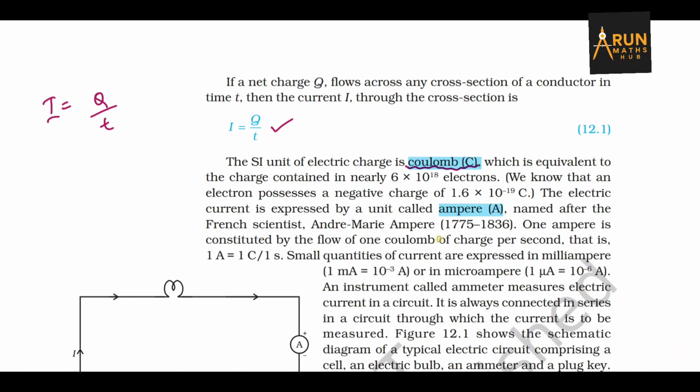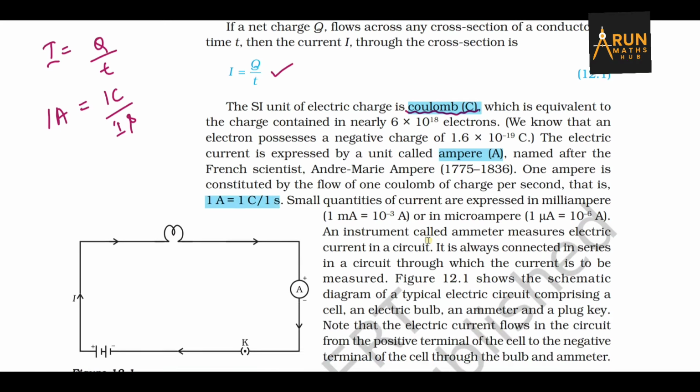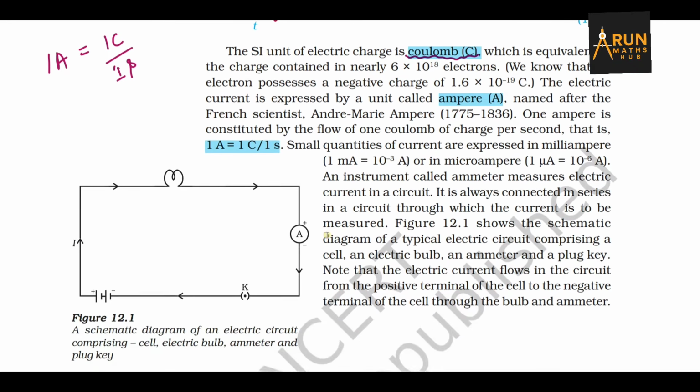And they can also ask: define 1 ampere. 1 ampere is defined as the flow of 1 coulomb of charge per second. Then, to measure the flow of electric current in a circuit, we use an instrument called